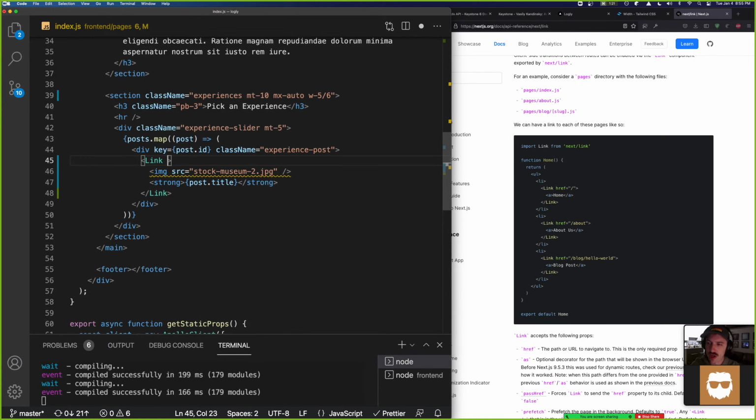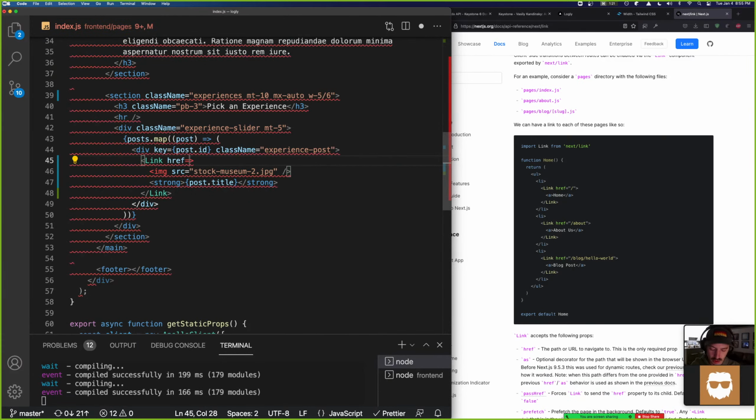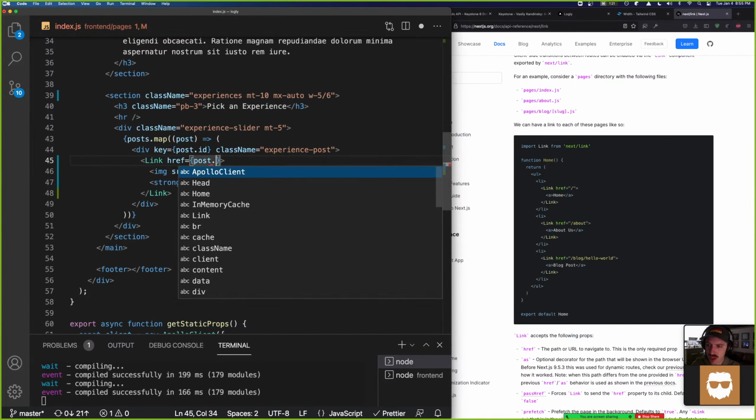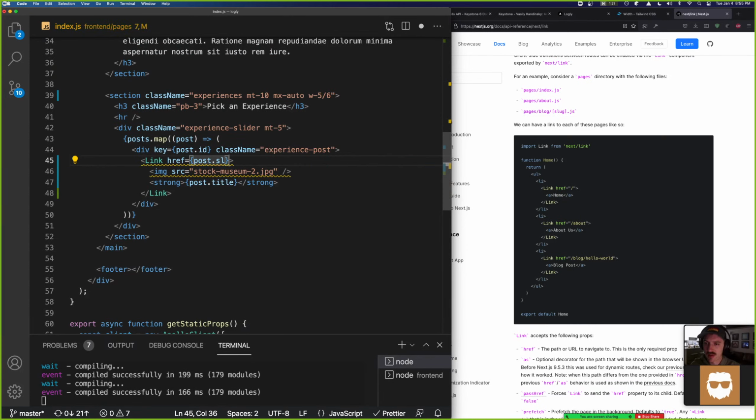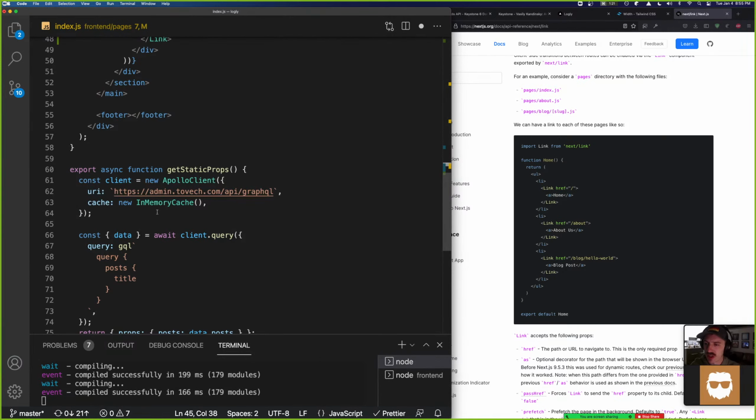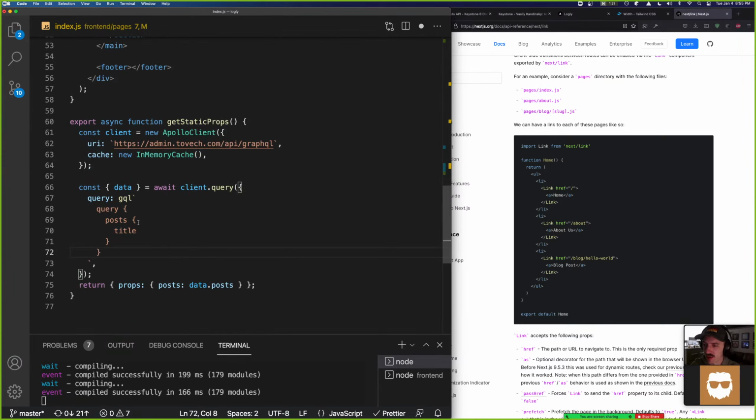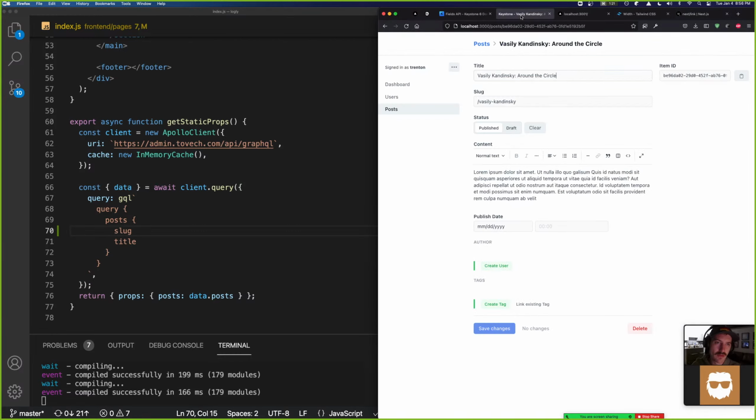Oh, and it's an href. So href, actually, we want that to be post.slug. And then we want to update our GraphQL to be slug and title.